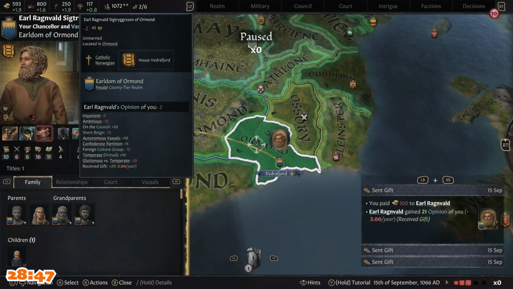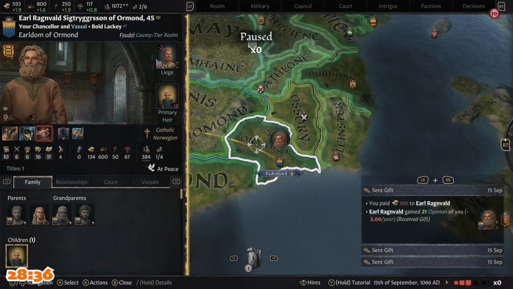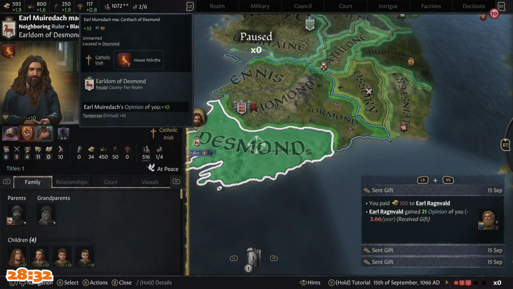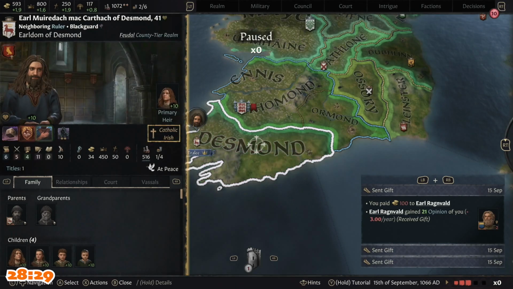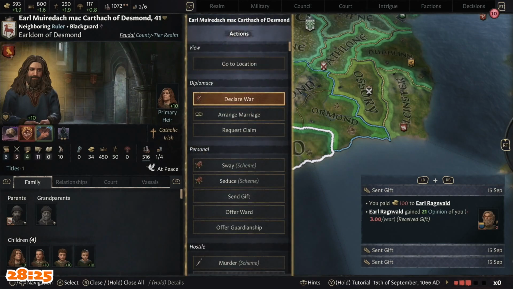Impatient, ambitious, on the council, short reign, autonomous vassals, confederate partitions, foreign. Okay. Gluttonous versus temperate. Interesting. Okay, well, we have improved that slightly, but yeah, we need to keep on one side. I would like to get this guy's land. I wonder if I can offer him a vassalship. I wonder how long, how much...